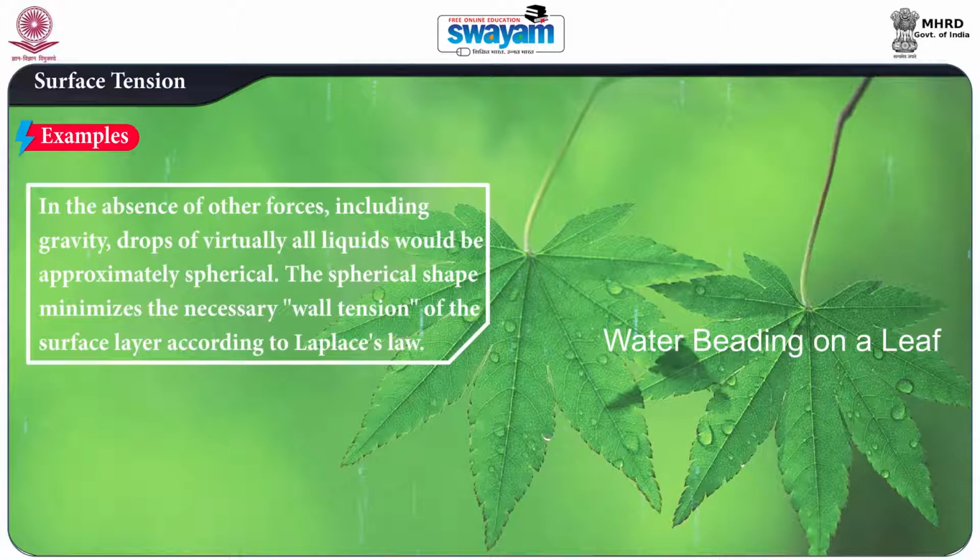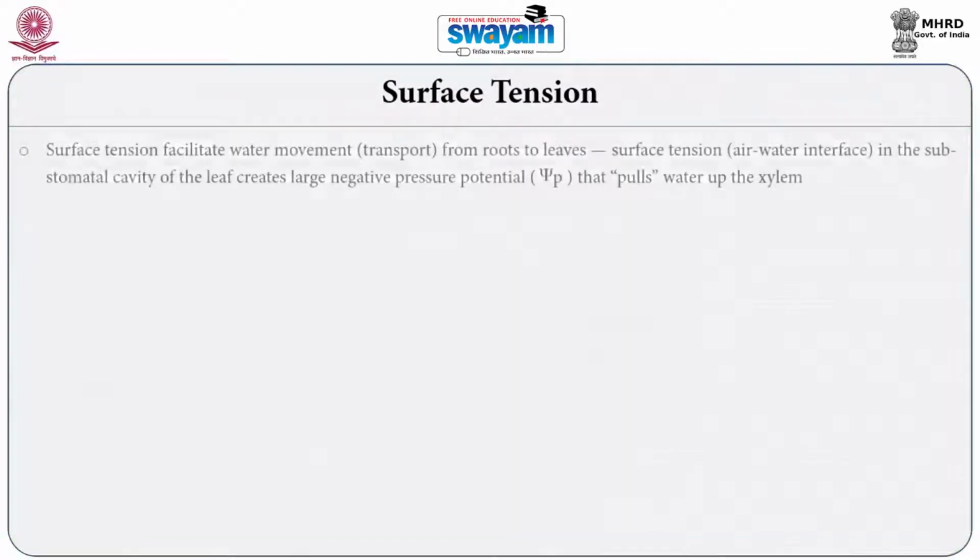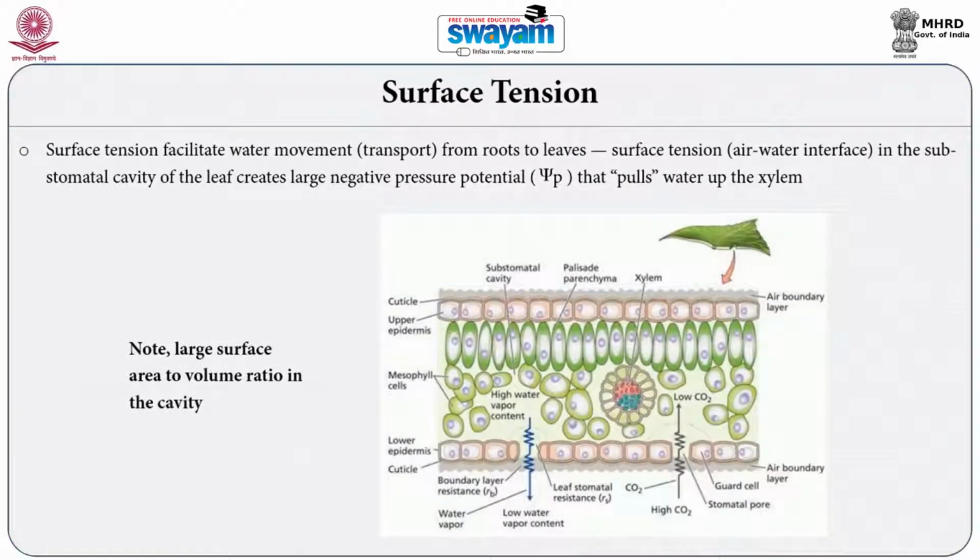And in the absence of these forces, including gravity, the drops of virtually all liquids would be approximately spherical, because the spherical shape minimizes the wall tension of the surface area according to Laplace law. Then again you have surface tension facilitating the water movement or the transport from roots to